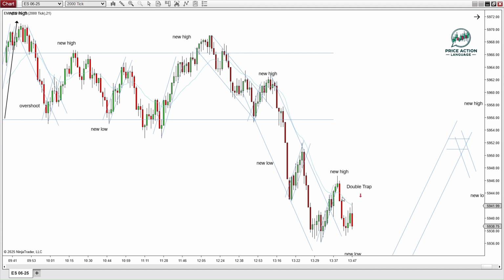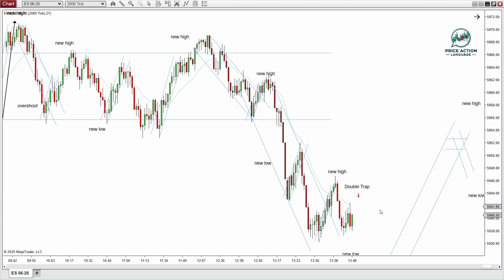So now I have a first entry short pullback, second entry short, but it formed above the EMA. So I was thinking about some lower high here to confirm this second entry short because downtrend technically needs a new low according to trendline rule. But then we push lower, and by the time we get a lower high, we push so far for the lower high that I really like to see a failed second entry short. A second entry short at this point, which would also be a failed second entry long according to price action rules. If I reset the count here,